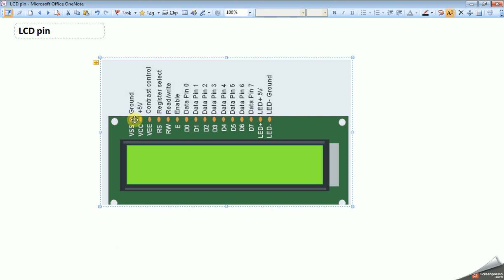So the first two pins, VSS and VCC, we will connect to power supply, and the next pin is contrast control. This pin is used to control contrast on the display. For example, if you connect this pin to ground, it will give maximum contrast. If you connect to VCC, it will give the minimum contrast to display characters.